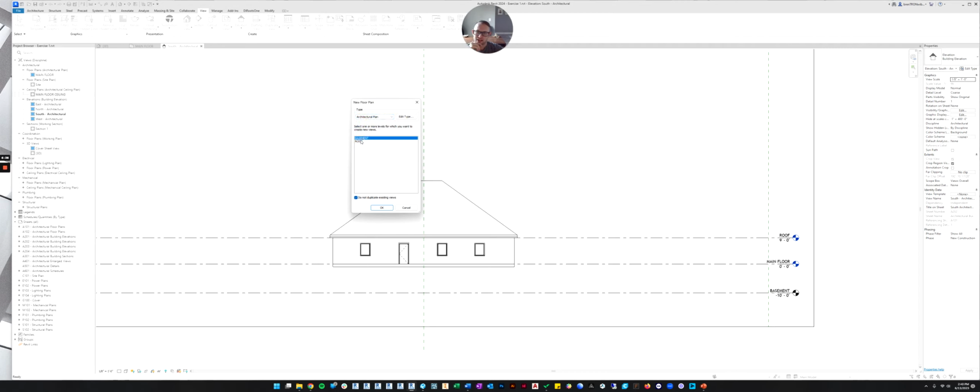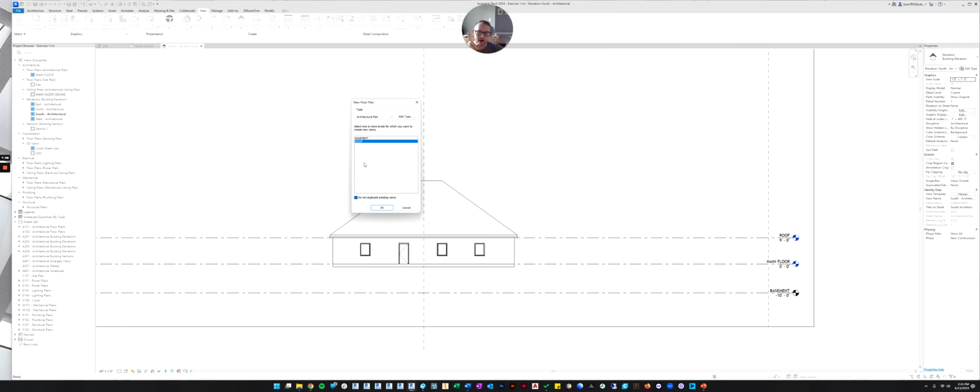And now it tells you a list of levels that are in the project that do not yet have a floor plan associated with them. So if you remember, it's showing the roof level because we deleted the floor plan for the roof level. If I had not deleted it, the roof plan wouldn't be on this list. You'll notice that the main floor level is not on the list because it already has a plan associated with it.